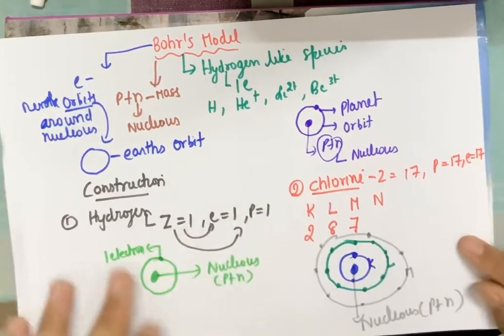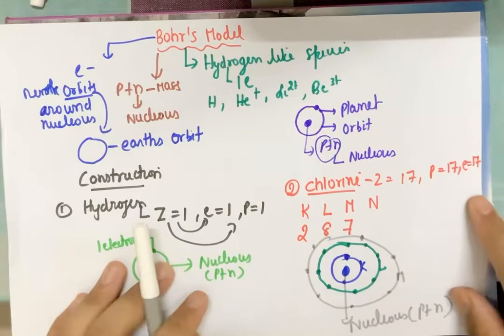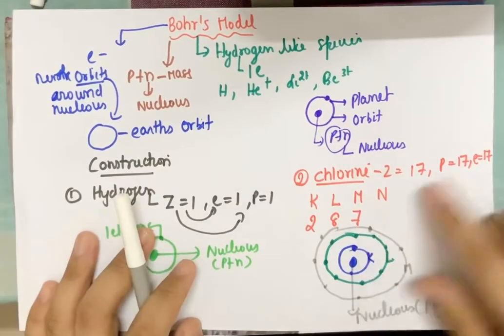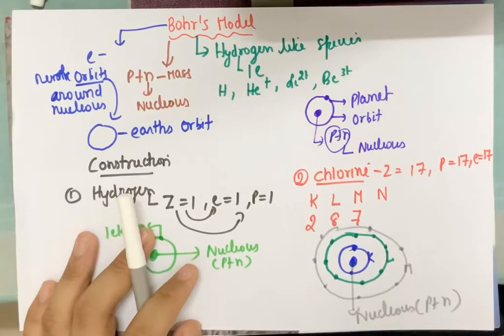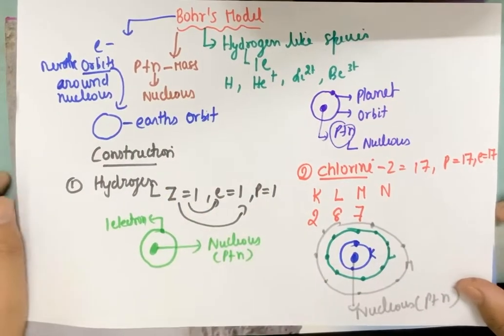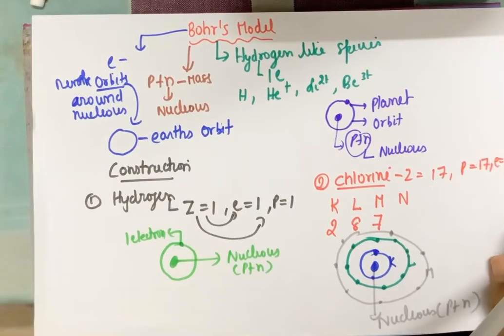That is the way. So two things are important. First, know the atomic number, which will give you the number of electrons. From that, write the electronic configuration of K, L, M. K can maximally accommodate 2, L can accommodate 8, M can accommodate 8, and N can also accommodate, and so on. So just fill it progressively and construct the Bohr's model for that. Fine, I hope it is clear.